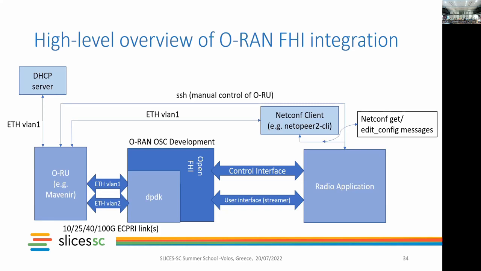The other things that you need in this picture are basically a DHCP server so that the radio unit can get its IP address at the very beginning, because it does need an IP address for the management plane. And you also need a NETCONF client that's running either inside the radio application or next to the radio application or somewhere on your network, managing everything. All possibilities are there. And you can see that the NETCONF client has yet another VLAN